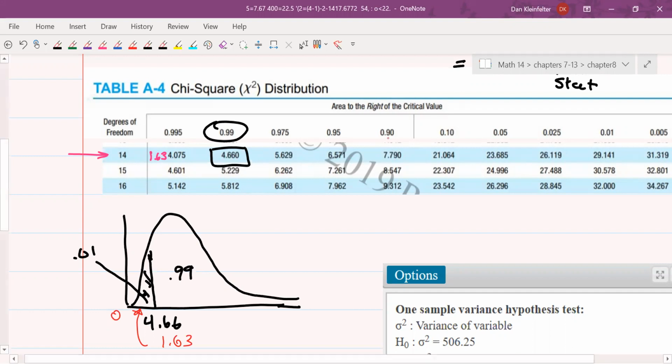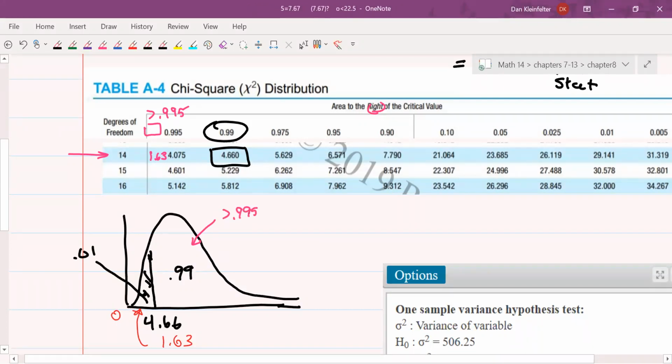Now take a look at the column labels across the top. Again, this is area to the right. 0.90, 0.95, 0.975, 0.99, 0.995. Whatever would be up here would have to be more than 0.995, right? Because as you work from right to left, the labels on the columns are getting bigger and bigger. Okay, and we've determined that our column for 1.63 is going to have to be to the left of all those. So that means that the area to the right, whatever that is, has to be bigger than